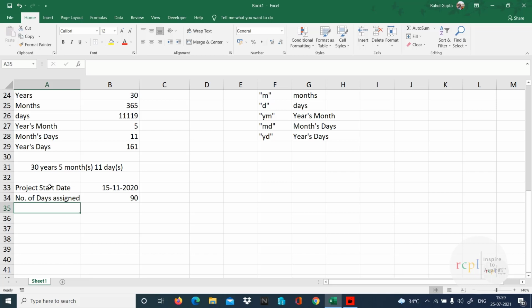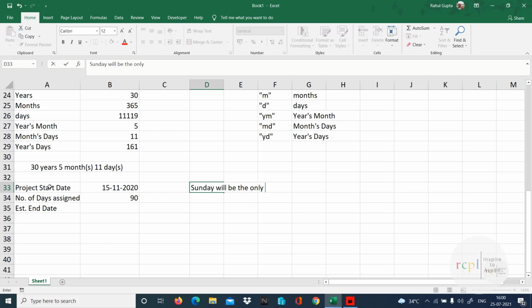Within 90 days you have to complete the project. Now I need to know the estimated end date, on what date you should end the project. But this is not the only thing. They have also given that Sunday will be the only weekend.